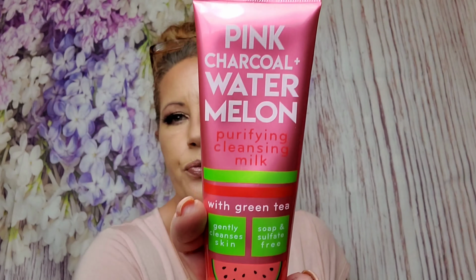And I use the Ciate London, I know I reviewed it already, the Ciate London Watermelon Primer, which I'm in love with. So they go great together. You know, nothing interacts with the beading or whatever. So I absolutely love that. So this moisturizer, I'm giving a 5